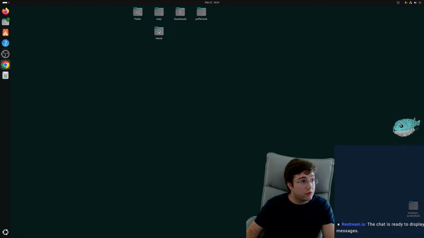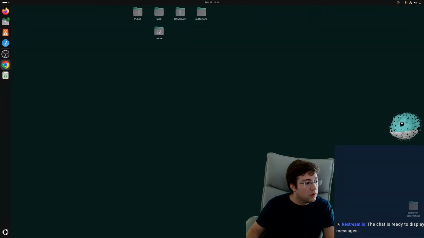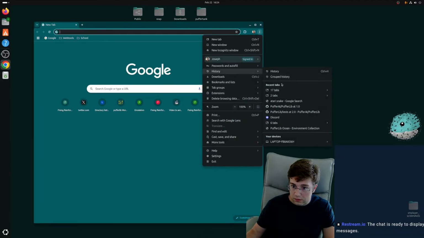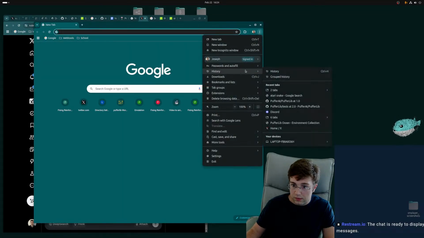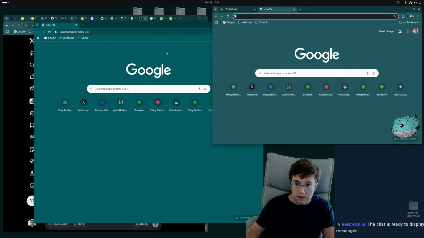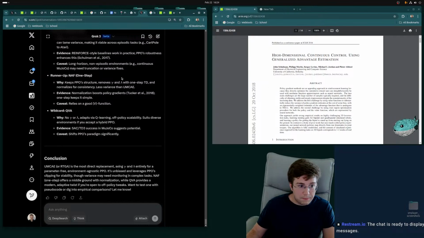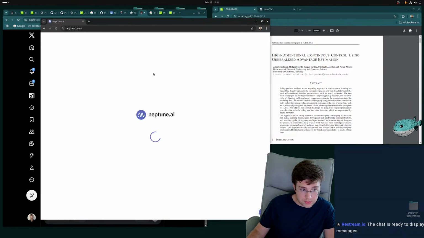Gotta love Linux drivers. Cool. And also, let's go check up on our runs. I think we should have only killed the ones that were running on this box by doing that.